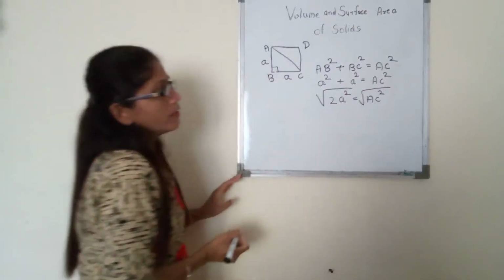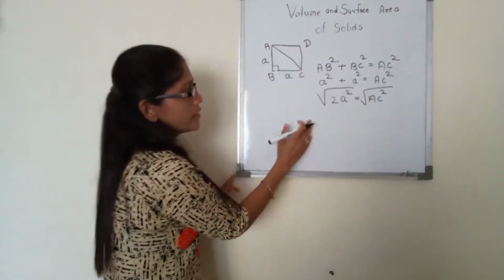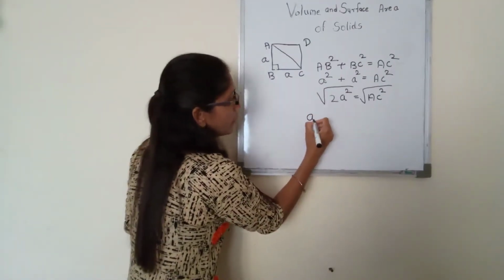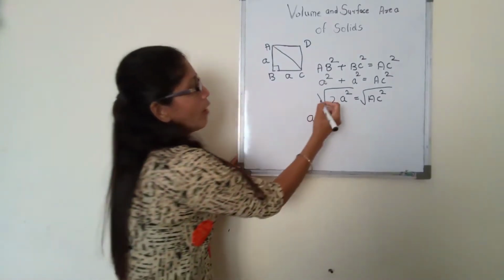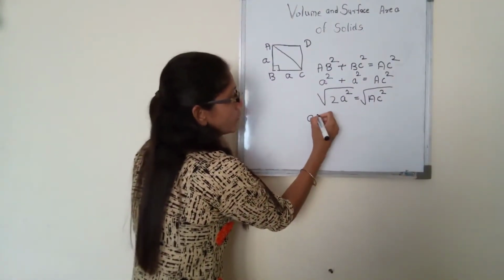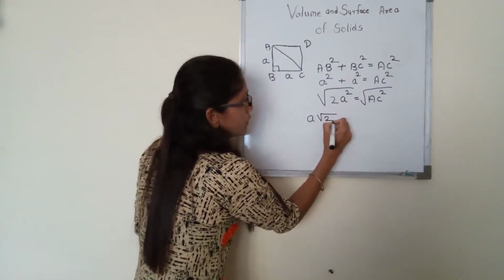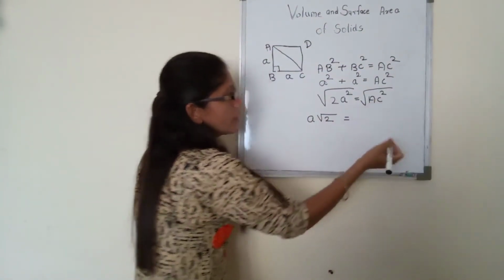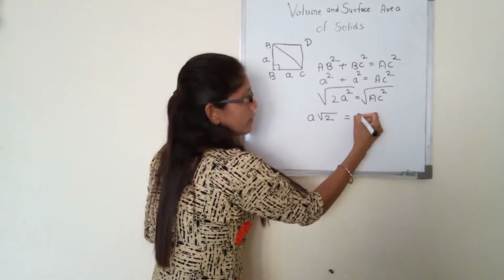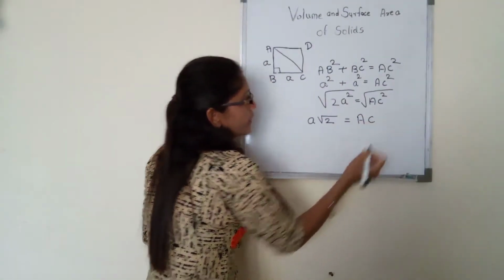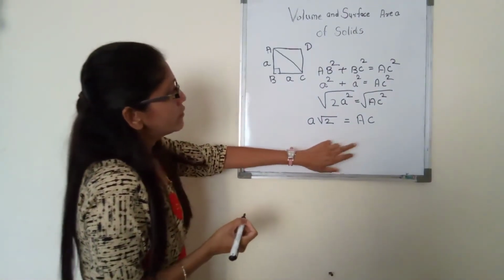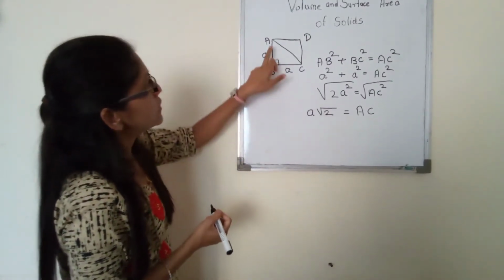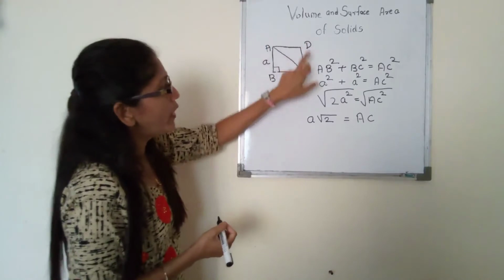So what will be the answer? The root of a square is a, I took a outside. Root 2 is not a perfect square, so I kept it inside, and directly the root of AC square is AC. So we get the formula here that AC is equal to a√2, meaning the diagonal of the square is